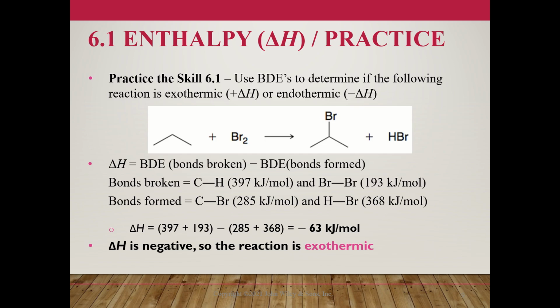Therefore, taking the energies of the bonds that were broken, adding them together, and subtracting the energies of the bonds that were formed, there's a change of negative 63 kilojoules per mole of reaction. So the change in enthalpy is negative for this reaction, making it